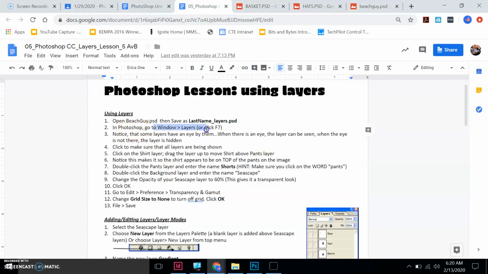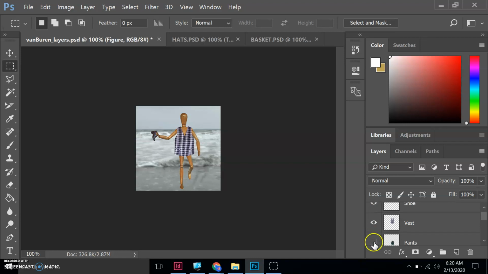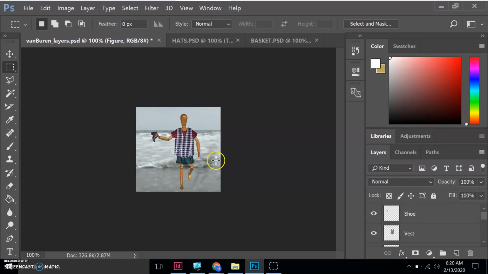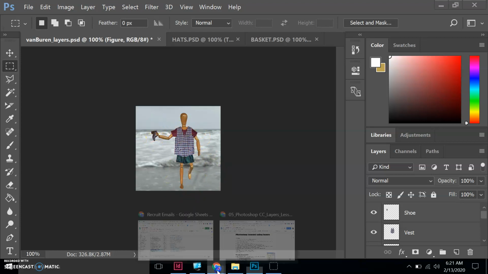All right, so back to those directions. So in Photoshop, go to Windows and Layers. We did that. Notice that some layers have an eye by them. When there's an eye, that layer can be seen. When the eye is not there, the layer is hidden. So click to make sure that all the layers are being shown. I'm going to go in and I'm going to click where the eyeball is on each layer. So I'm kind of turning those layers on so that they're visible. Okay, so you can see now that I have a little person with an outfit holding a shoe, which is a little random,